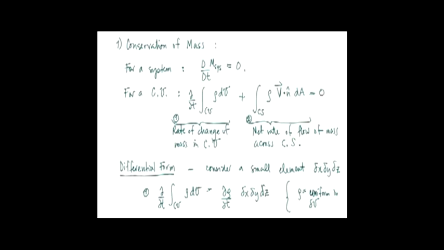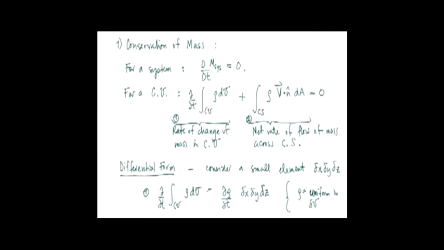Before starting with our equation of conservation of mass, let's start with the Reynolds transport theorem. Actually, all these equations, that is the equation of conservation of mass, equation of conservation of momentum and energy, are formulated for the systems and not for the control volume or the infinitesimal elements. So in order to apply them, we need to apply Reynolds transport theorem, which says d by dt of mass is equal to the rate at which the mass